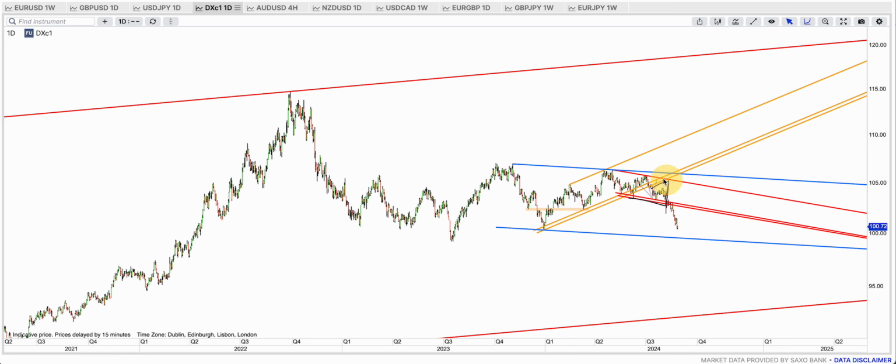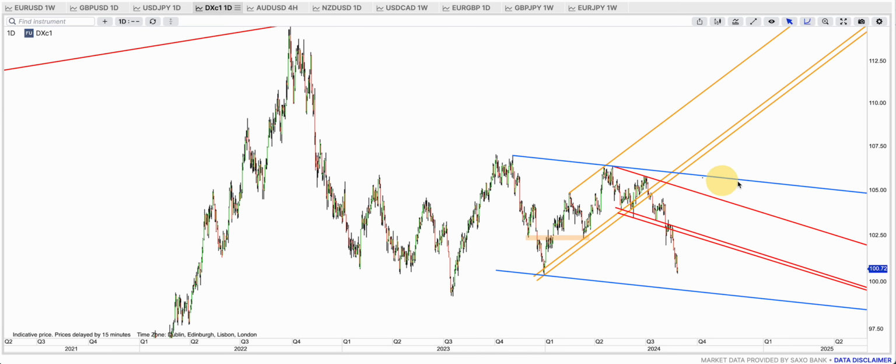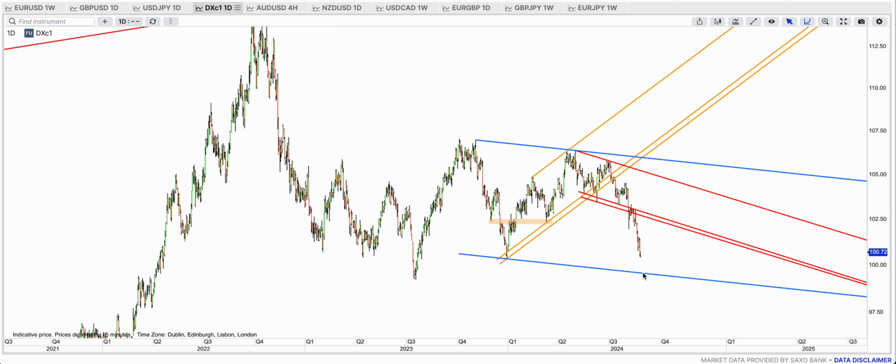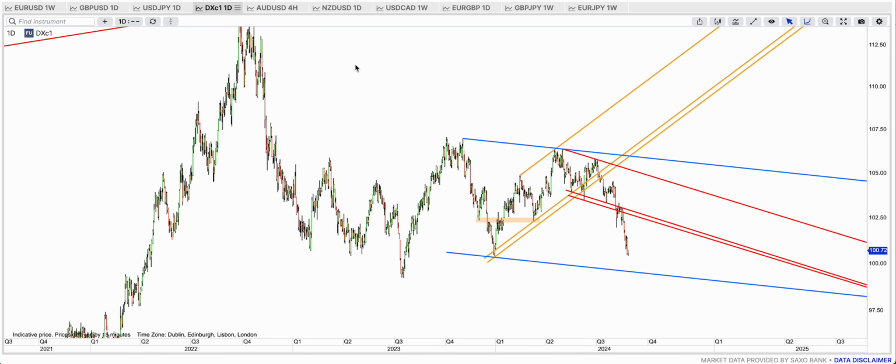Okay, and DXY turned very bearish initially after the break of the golden bottom band, and then the red bull flag was broken to the downside and back tested. So this is looking very bearish, and the blue bottom band is the target, and that is around 99.50 or so. Somewhere here, that is around 99.55. And that will be, of course, a test for euro as well. Aussie dollar,